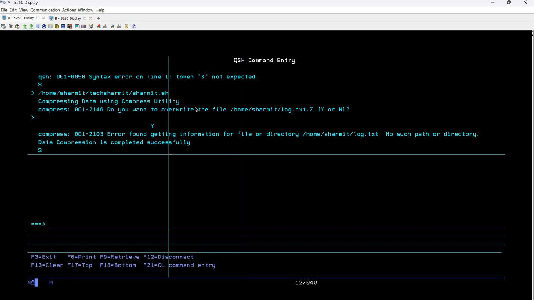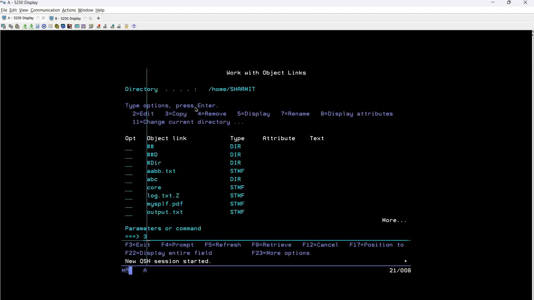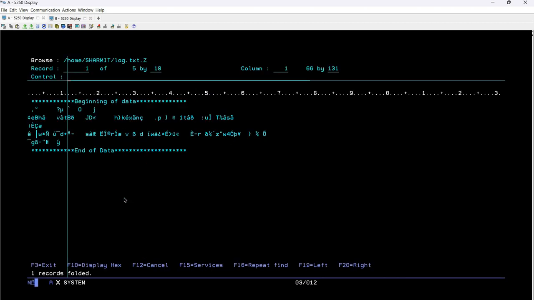Okay, so I hope this part is clear. Just focus on the compress utility, how to use compress. I'll tell you other things, like how we can see the data in the correct way, because right now it is not coming in the proper manner, right? But I'll tell you in the upcoming session. For now we are just focusing on how to use compress.